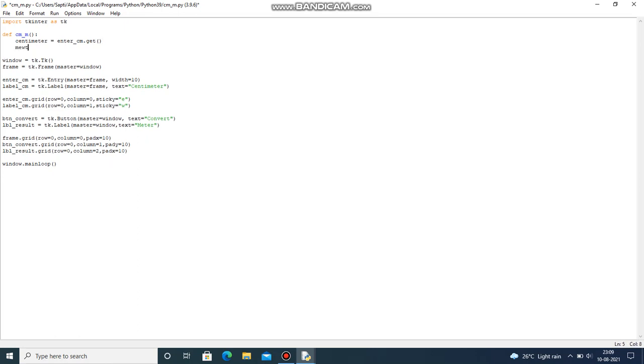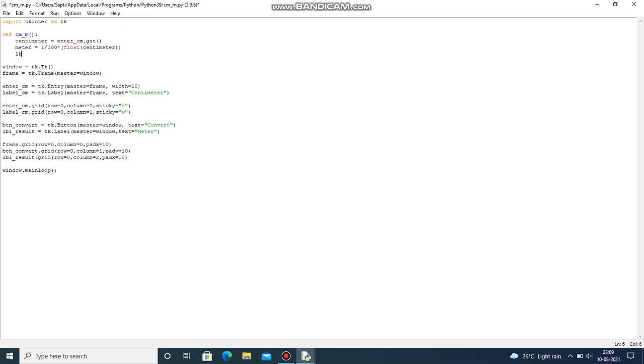Okay, now let's give meter is equal to 1 by 100 into float of centimeter. Okay, this is the conversion that is happening here. Now let's give lbl result of the text. Okay, so there is a text called meter that should be changing.